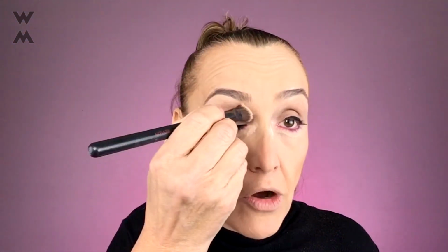And what I'm going to use is a blush, actually. I'm going to use a pink blush on my face and on my eyes. So I've already powdered everywhere, right? So I'm not going to worry about a base too much, but I just want to make sure that the lids are respected. And I've got lots of loose powder there. And so I'm not going to worry about the lid so much, but I am going to focus on this